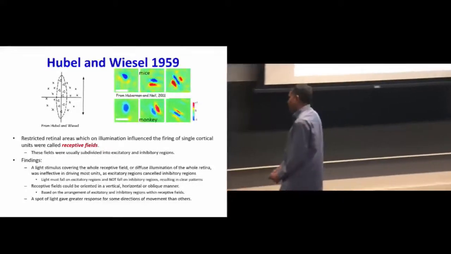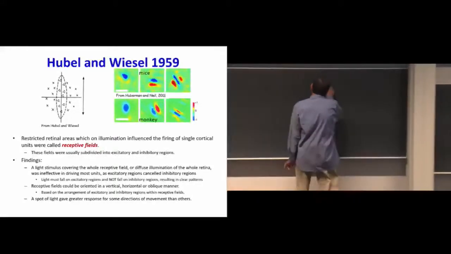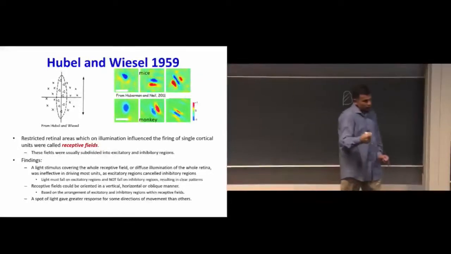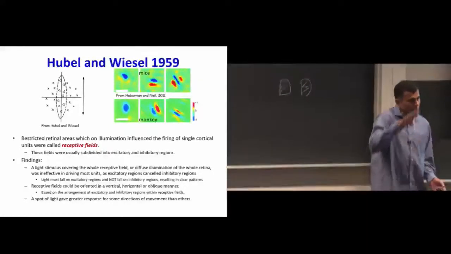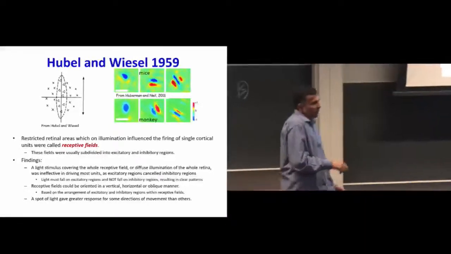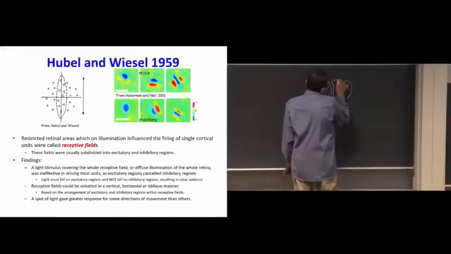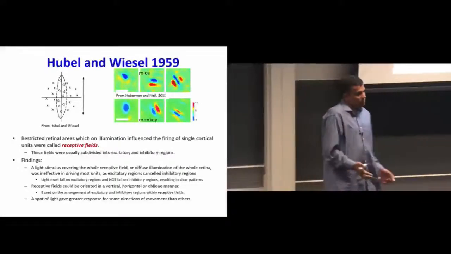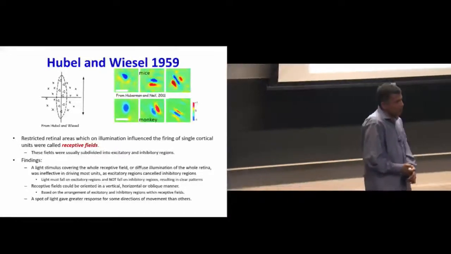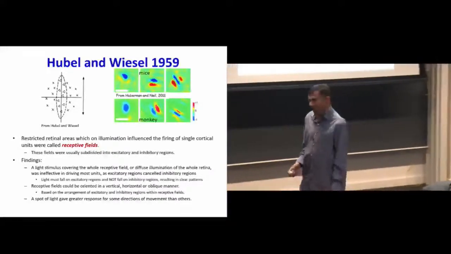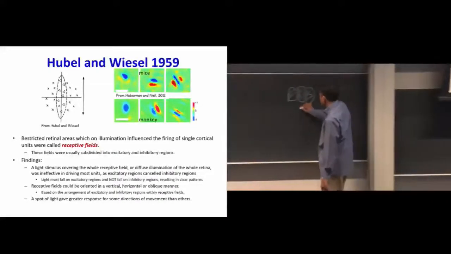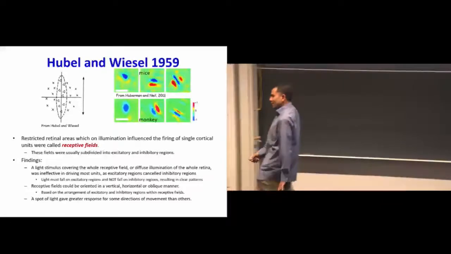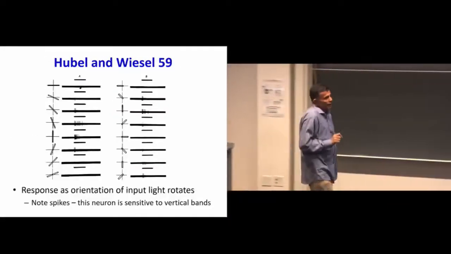It turns out that for any particular neuron, you would have regions where if light fell in these regions, the neuron would not respond. It basically suppressed the neuron. There were other regions where if light fell, the neuron would fire. And in the rest of the regions, the neuron had no response at all. So if you had diffuse light falling on the eye, these excitatory regions would cancel out these inhibitory regions, and there was really no response. But then when you began having very specific oriented patterns falling on the eye,